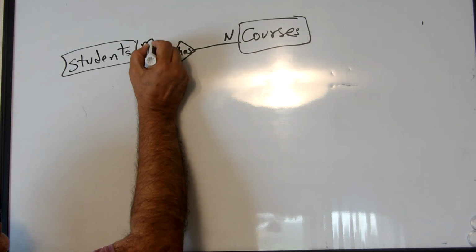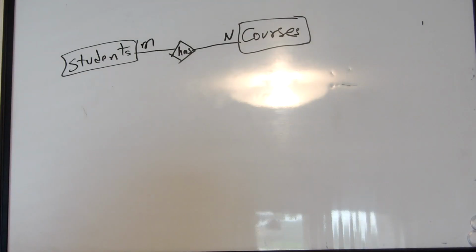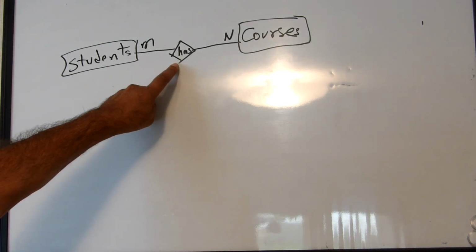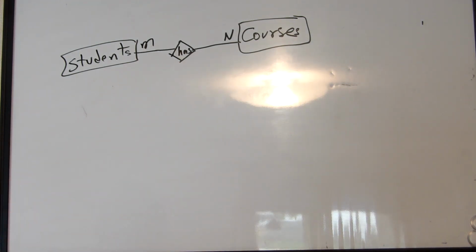So that is many to many, which we will talk about later. This one is going to be changed to an entity. Like in the university schema,